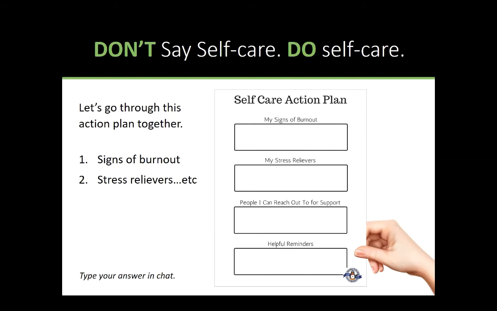You guys can access the self-care action plan in the chat or in the handouts as well. So you guys are saying signs of burnout are feeling overwhelmed, cranky, grumpy, headaches, feeling stressed, having a short fuse, irritable, tired, not feeling well, making more mistakes than we normally would, feeling emotional, Zoom fatigue, muscle aches, having a hard time focusing or concentrating, even vision changes, or thinking you have COVID with a small cough.